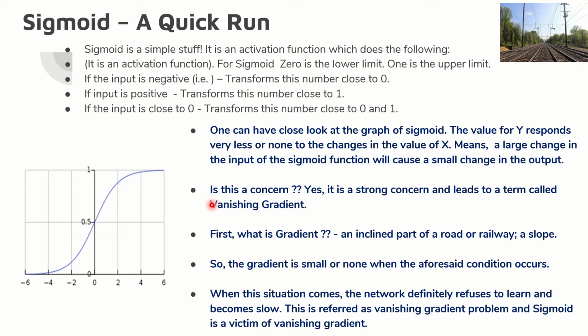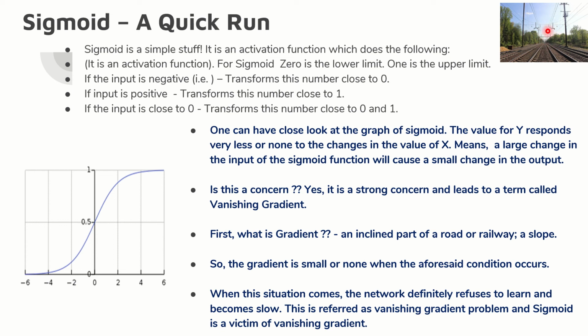But here, it is found to be stable, which means there is a strong concern, and this could lead to a very important point called vanishing gradient. What is it? You can see in the picture that I have kept in the corner. This is the railway track. Here you can see in the railway track I have got three tracks in front of you, and they are very clearly visible. Over a period of time, if you see in the picture, I see only one line because this is called the vanishing point. After that, I cannot see from here.